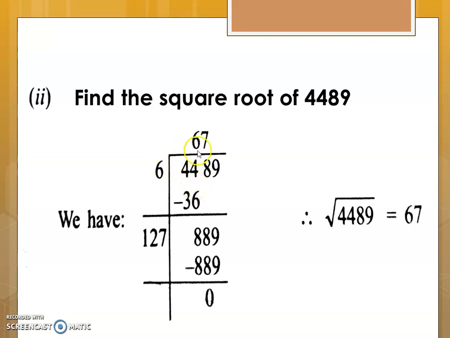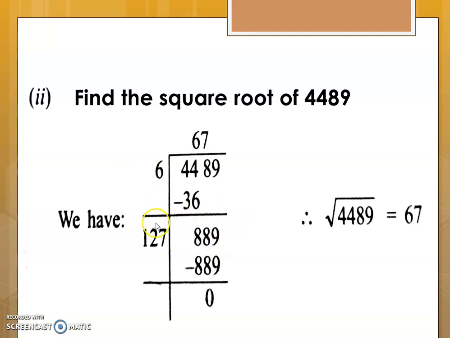So you have 6 into 6 is 36. That is the nearest perfect square, because the next perfect square, 7 sevens are 49, will be bigger than 44, so you cannot consider that one. So 6 sixes are 36, I have written, and subtract 36 from 44. So you will get 8 as the remainder. Next step is to bring down the second group as it is together. So you are not just bringing down one digit, you are bringing the entire group down, that is 89 together will come down. So the new number that you get here, the dividend, is 889.